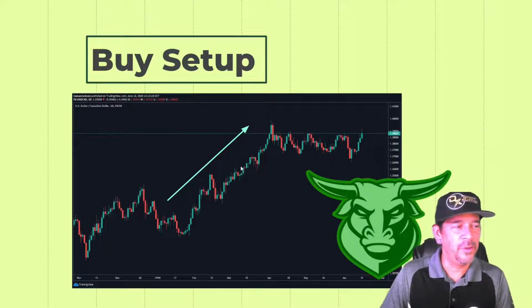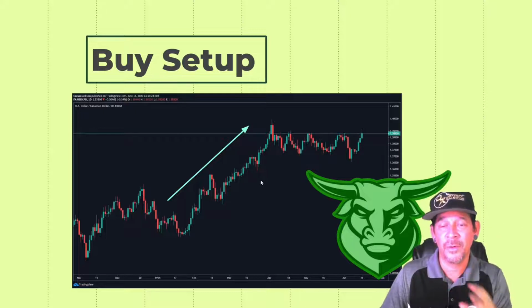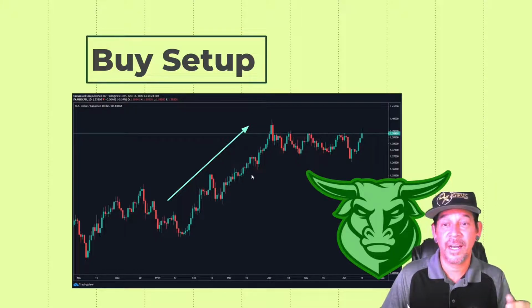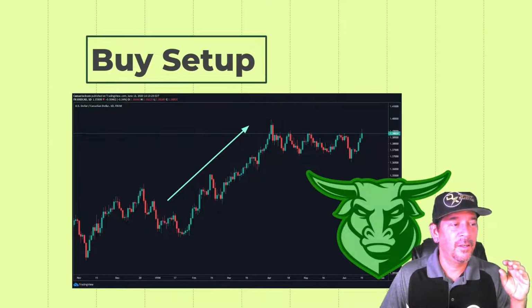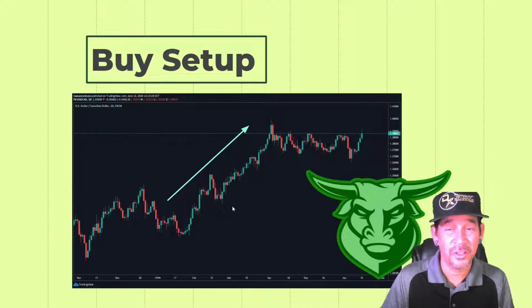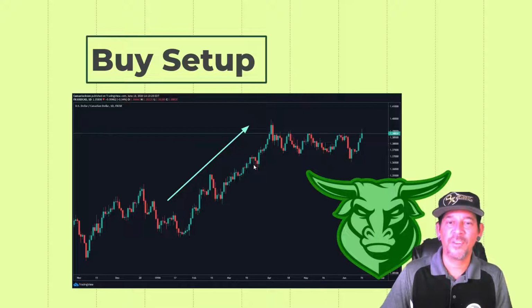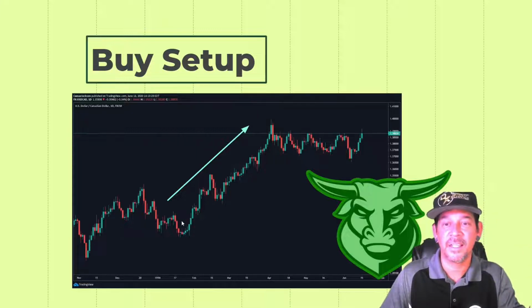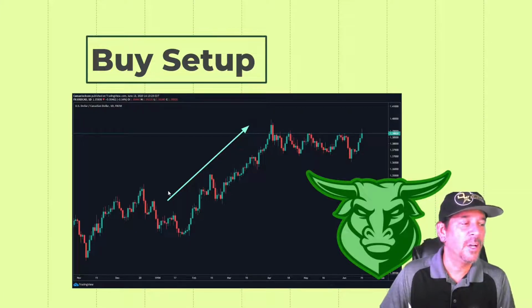What's going on here? If you look at these individual red and green bars, we call them candlesticks, and I'll go into what candlesticks are and break them down in another video. All they do is tell a story. When they come together like this, they're telling a story about the price rate between these two pairs. Each candle is saying something, and together they are telling a story. So what do I mean by that?